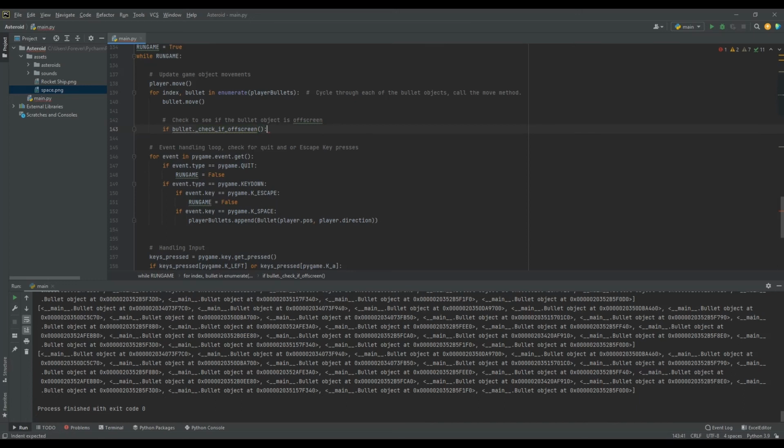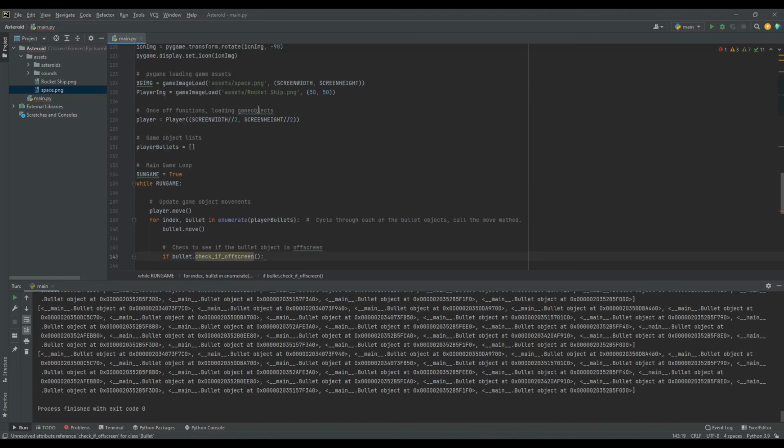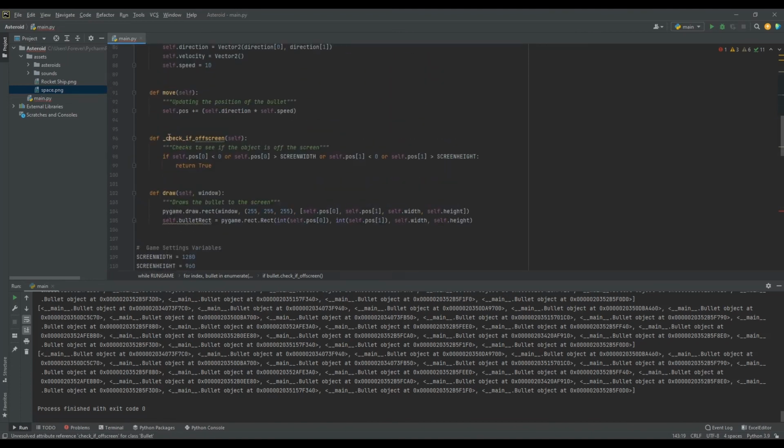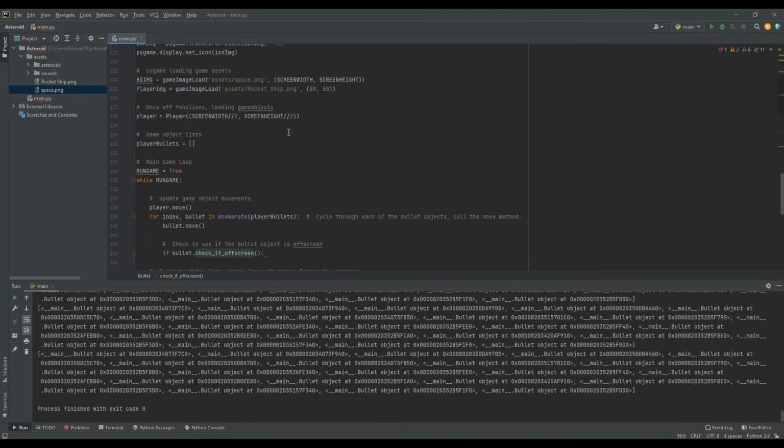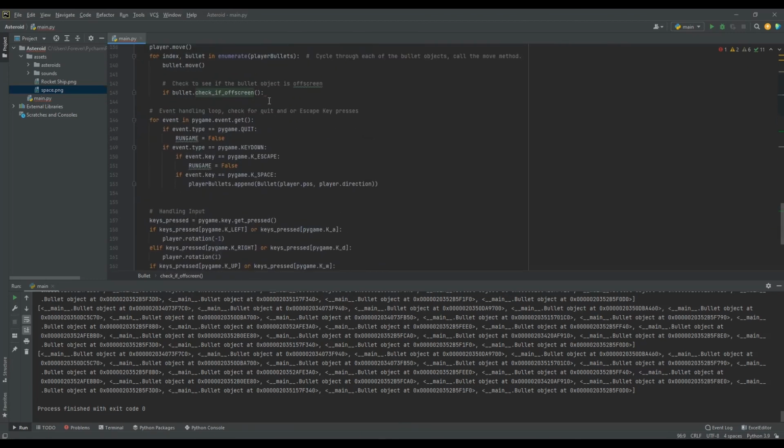Yes, I just realized now that the underscore is something a Python programmer uses to indicate that it's a hidden method that shouldn't be shown publicly, or should only be used within the class itself and not out in the open like this. I'm just going to change that. Now it can still be a method, it's not indicating anything. Check if the bullet is off the screen. If bullet.check_if_off_screen, so if it returns true,